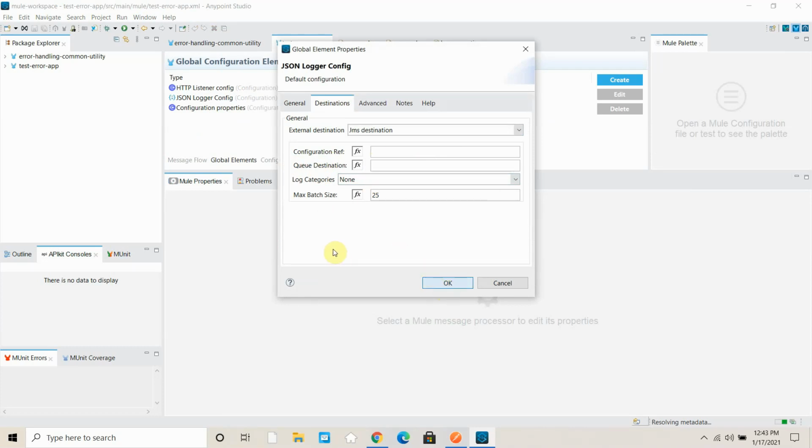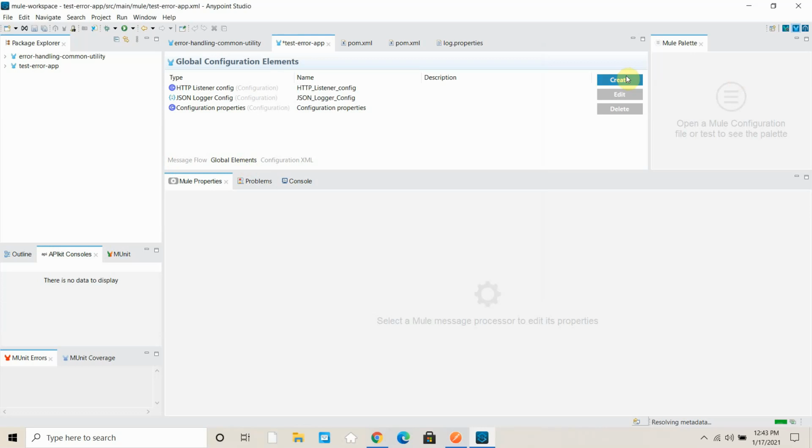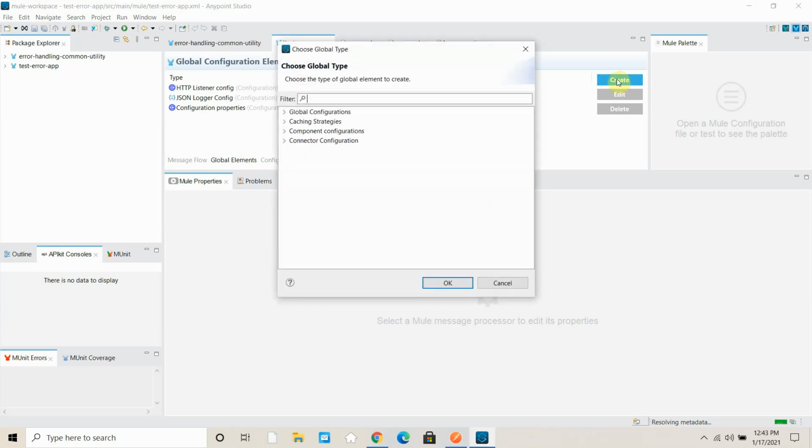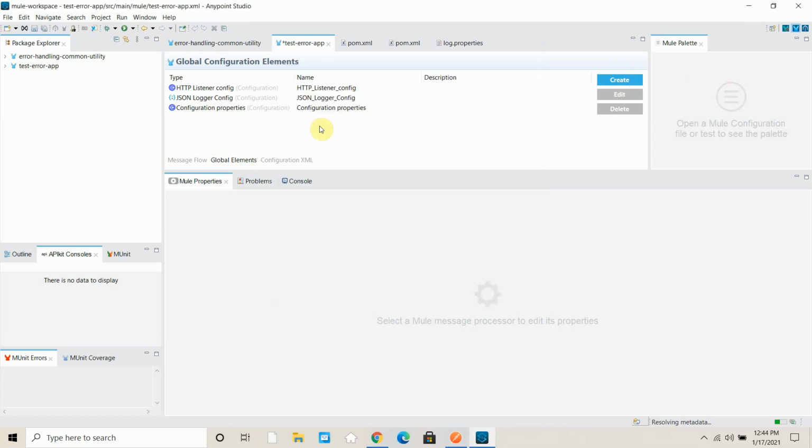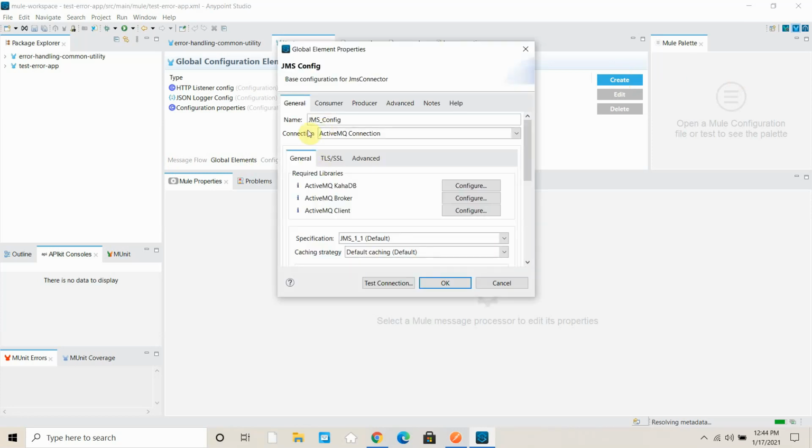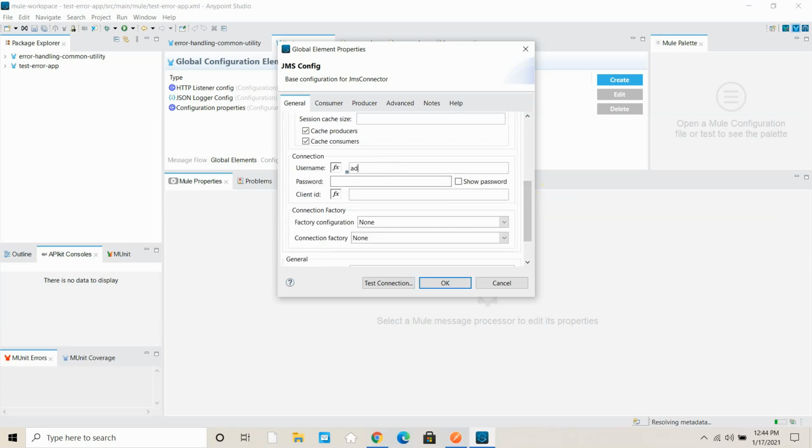I can say okay. Then I can go to global elements and say create, and choose JMS config. Under JMS config, make sure all these checkboxes are checked, so all these libraries are available. In case it's not available, you will see a configure button here, and you just say configure, add recommended libraries. In my case this library is already there. Then I have to provide a username which is admin, then my password,